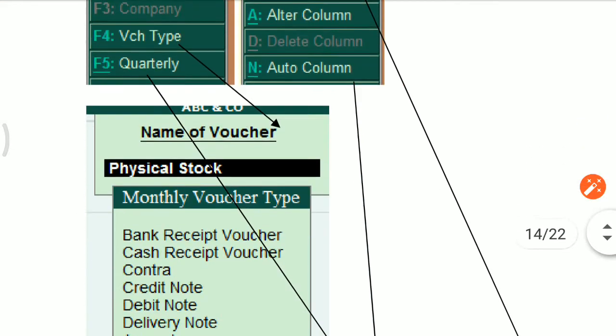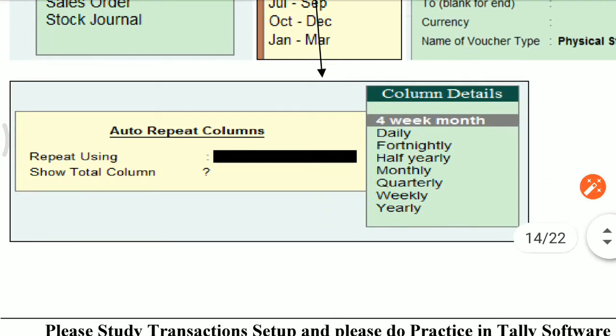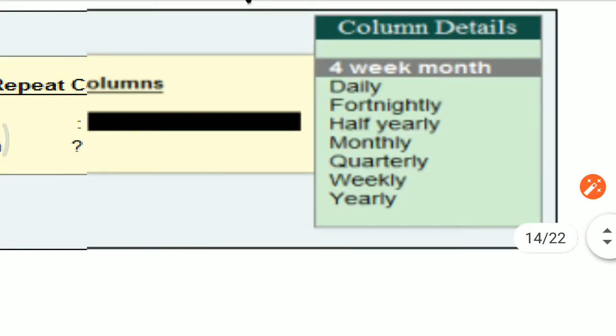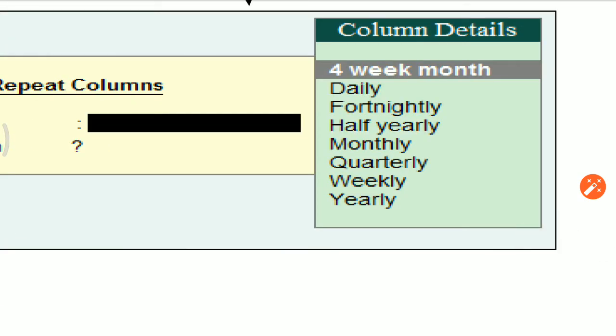This is the auto column setup. Either you want data in 4 week, month, daily, fortnightly, half yearly, monthly, quarterly, weekly, yearly.